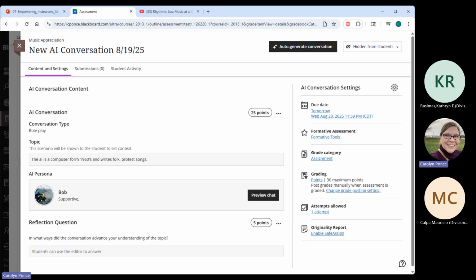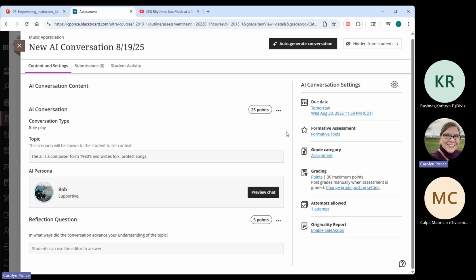Yes, sir. How does that look in the Grade Center? Are there separate columns for that, or is it just still one column and it just separates it by points? It's one column, and